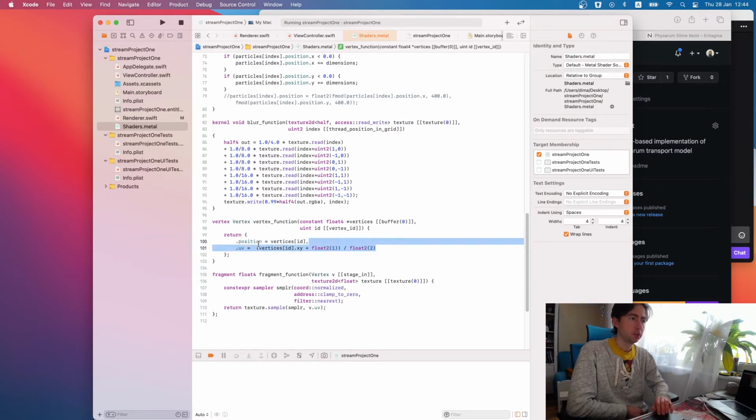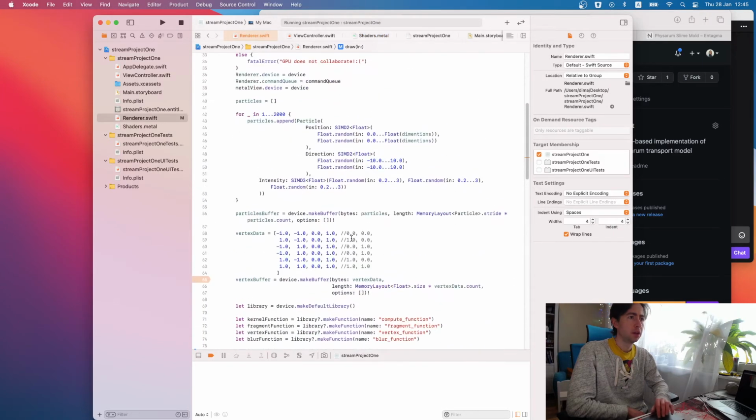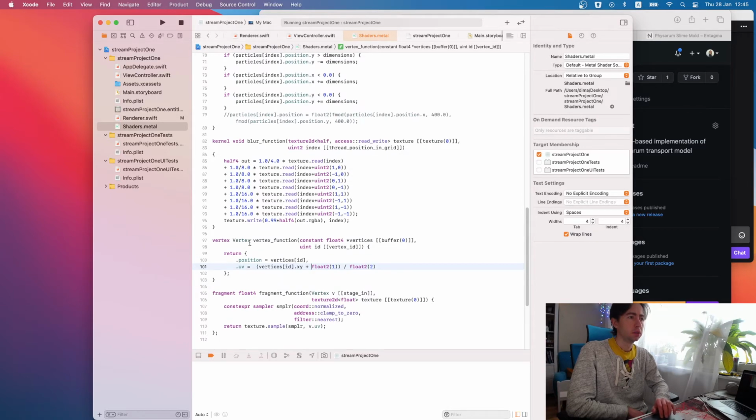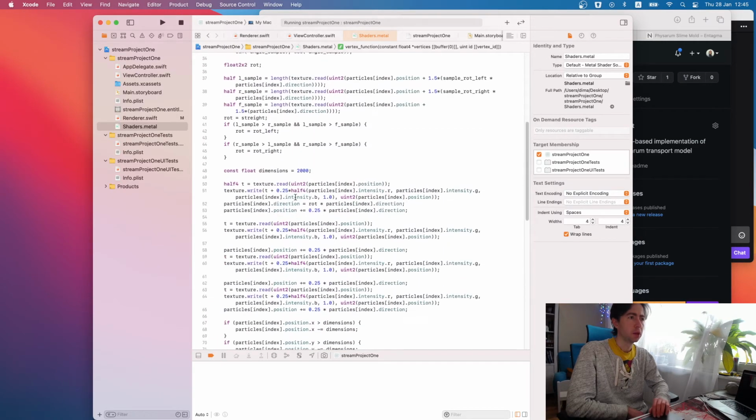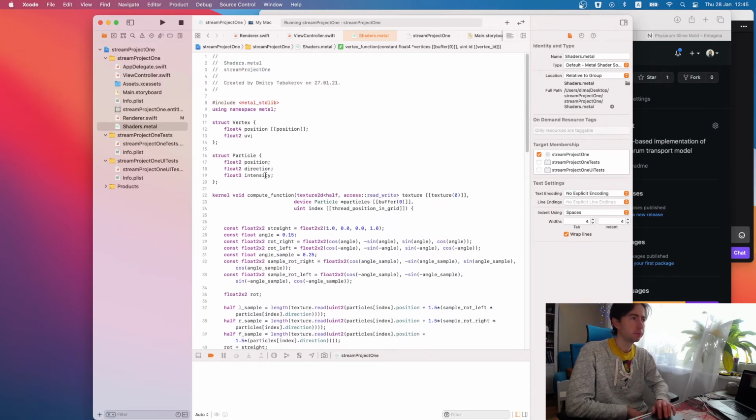The UV value is calculated in a straightforward way, and it's not necessary to implement this in the shader. We could have these additional values set up in the vertex data, and just pass it through without any modification, but as there are only 6 vertices, there is not a lot of processing being done here.